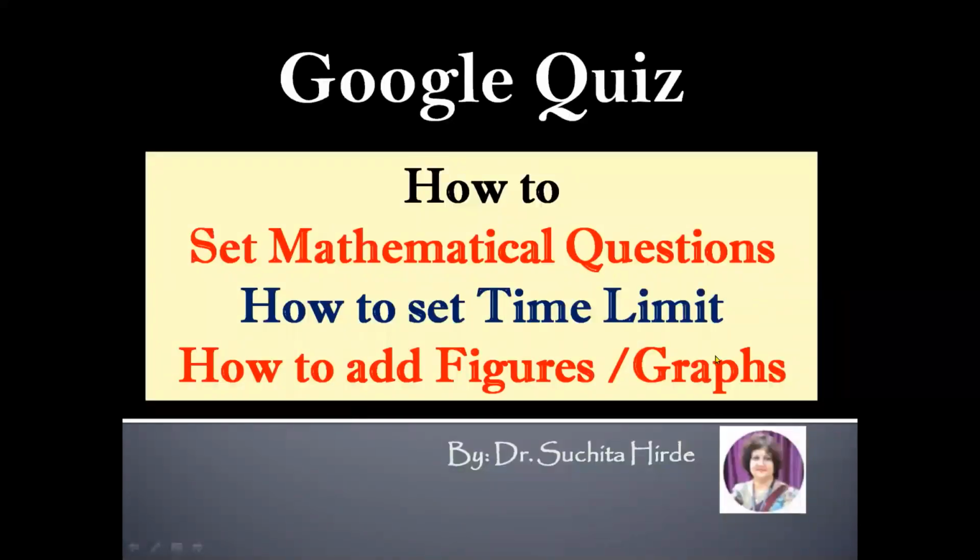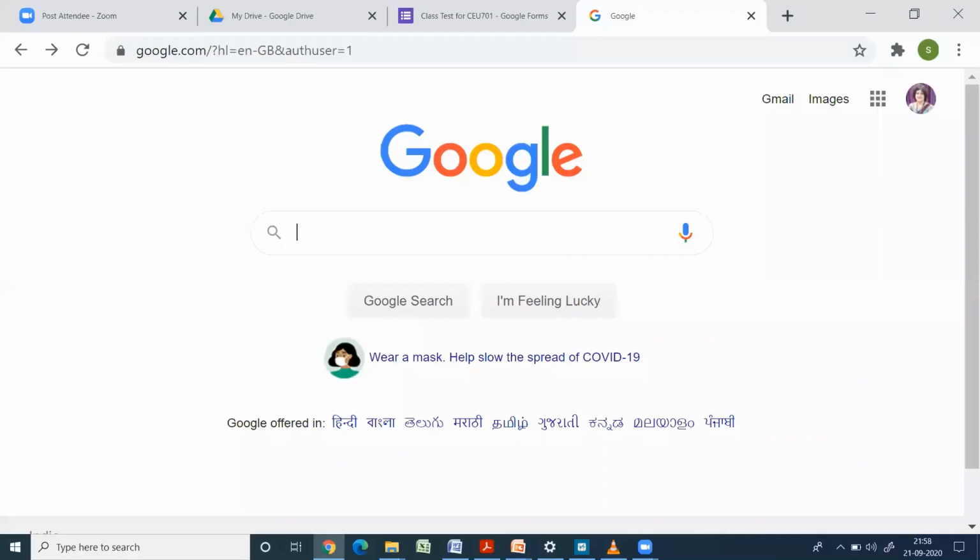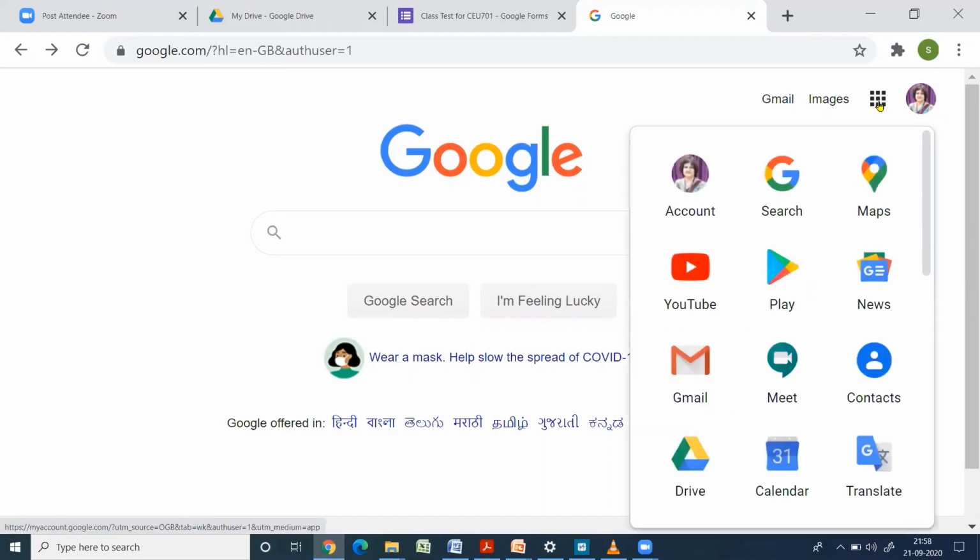So to create the Google Quiz, first let us move to Google Form creation. For that, first log in to your Google account or your Gmail account. Now I have logged in to my Gmail account. First of all, you need to click on these 9 dots at the top right corner. Then click on this Drive